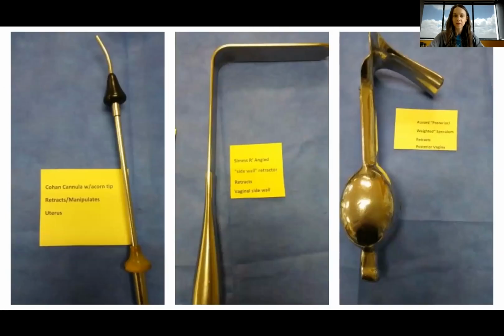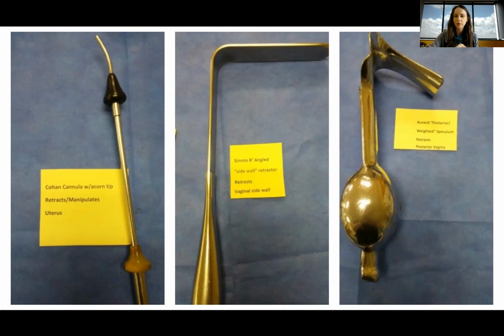Okay, so that brings me back to instrumentation. So we are gonna flip back for just a moment. So now we can get into instrumentation on page 507. So I want you to just make a couple of notes or highlights as you go through this green box. You need to know all of these instruments, yes, but I want to tell you what to pay extra attention to. So on the vaginal prep set, many cases you're going to need a vaginal prep set because they